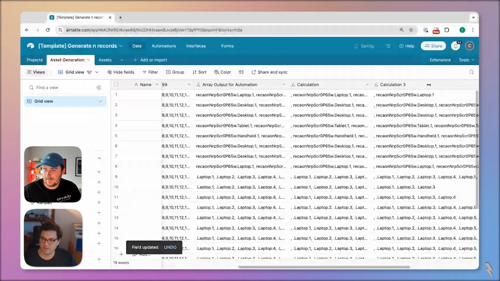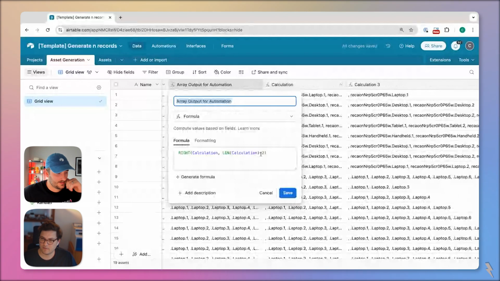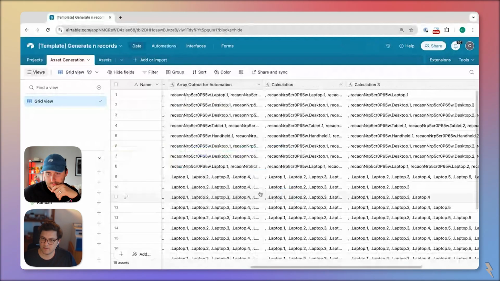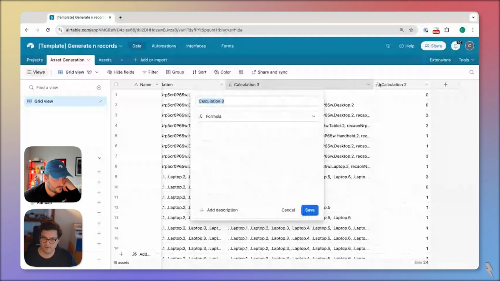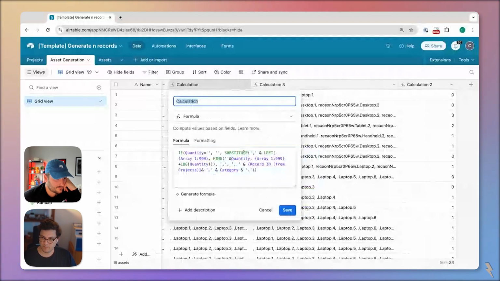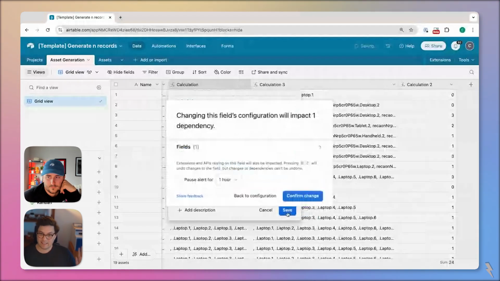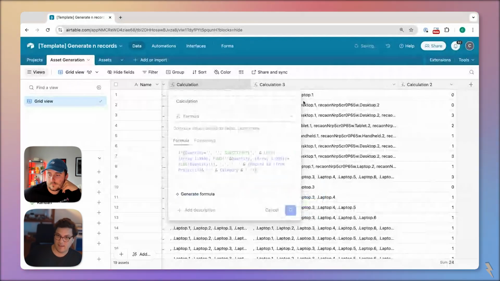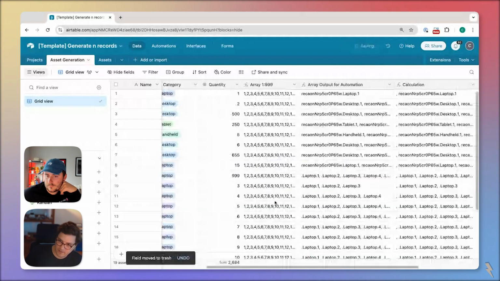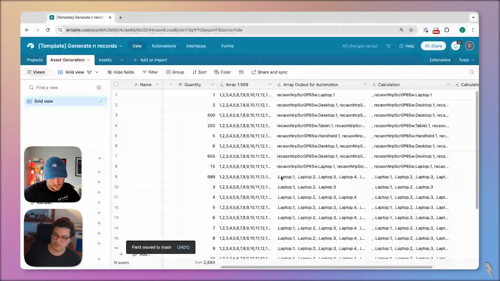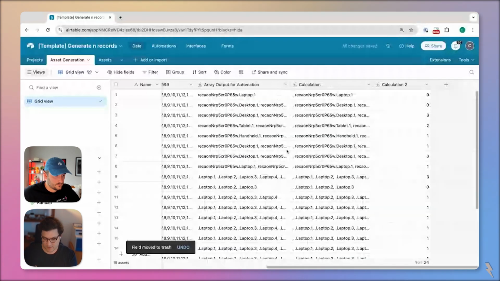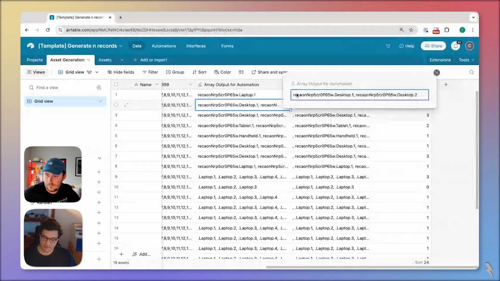All right, so I think we got our final number here, which is calculation. All right, we're back to a safe place. So we now have a clean string that has unique strings for each of the units in the comma separated list. Okay, so this is one of the most powerful things of Airtable